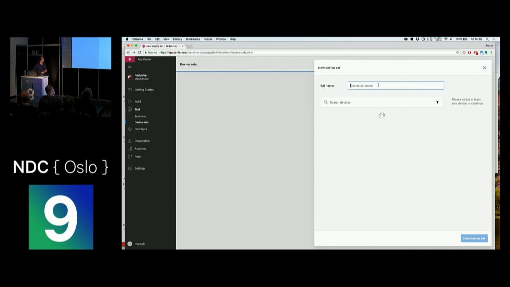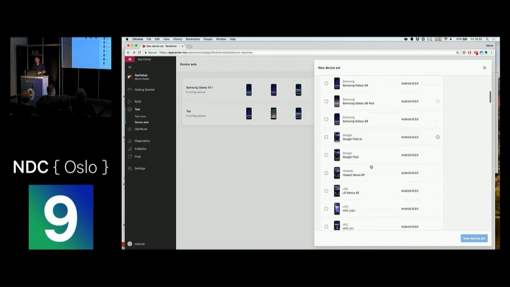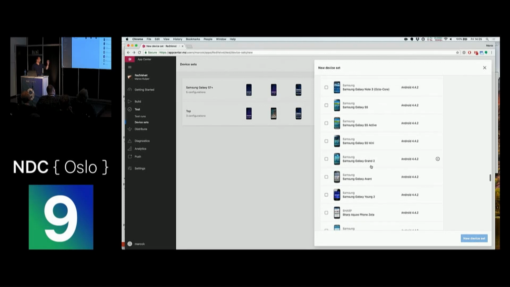One final try. Otherwise, you have to trust me that when you see this device list, it's loads and loads of devices that you can choose from, ranging from really old Android versions, Android devices. Oh, there we have it. So it's a really, really long list of all kinds of devices. And this is only Android because I specifically targeted my device for Android. But this also counts for iOS and for certain kinds of tablets.